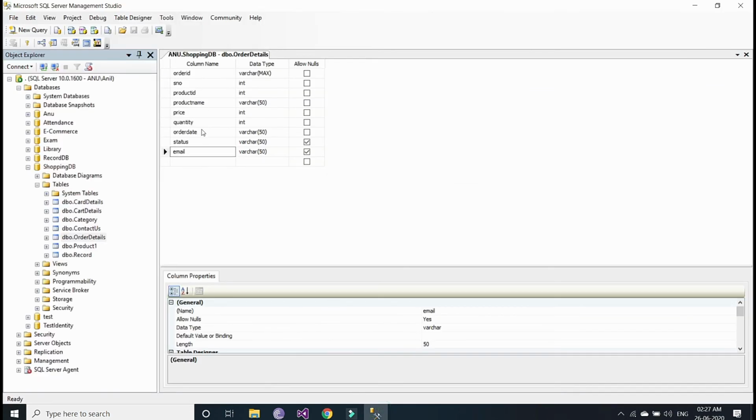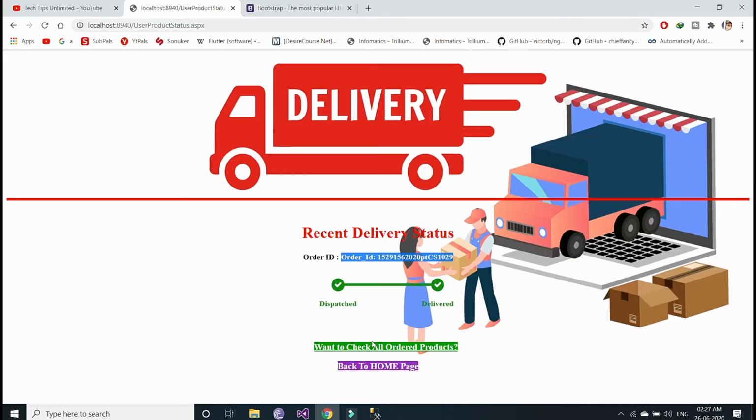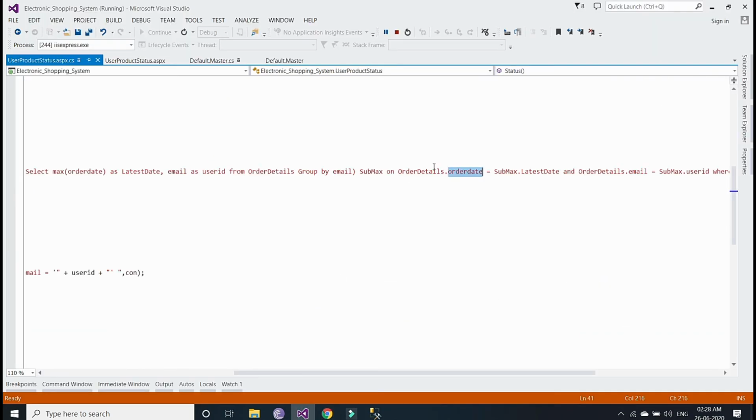See, the order date column is there for the order details table. So the value from that will be taken from submax dot latest date. Inside this, I have given the alias submax for the data coming from here.